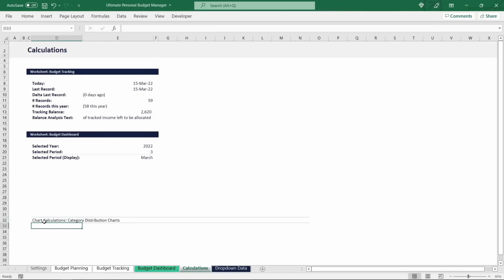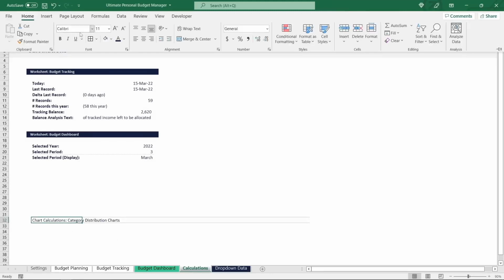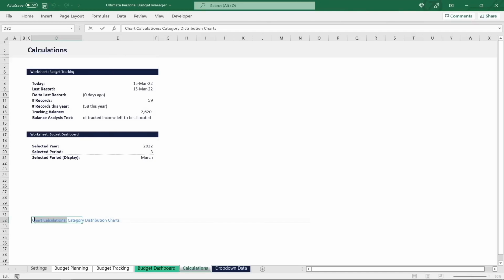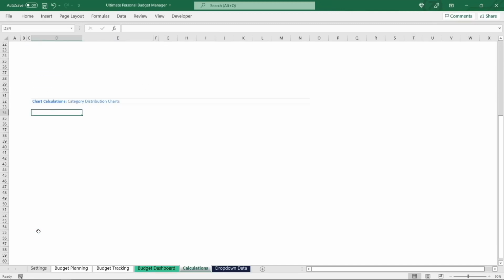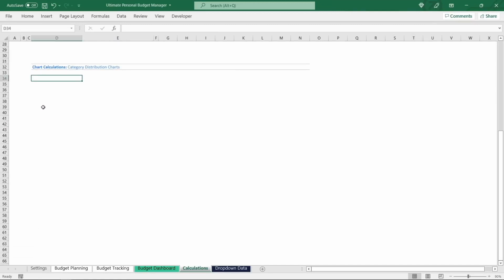Let's add a little bit of formatting by changing the font color and making that first part bold. And with one empty row between, we can then start building up the chart data. To create a dynamic data foundation for such a circular category distribution chart, we need to define 3 columns. As we want to display the tracked categories sorted from highest to lowest amount, the first column will contain the rank numbers within their type. In this case, the type is income. Then the second column will contain the respective category names, and the third column will contain the amounts tracked for